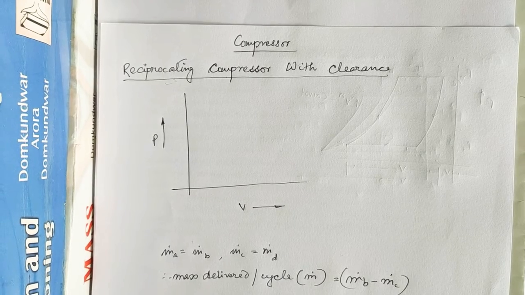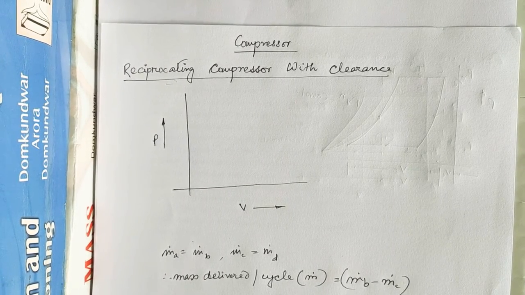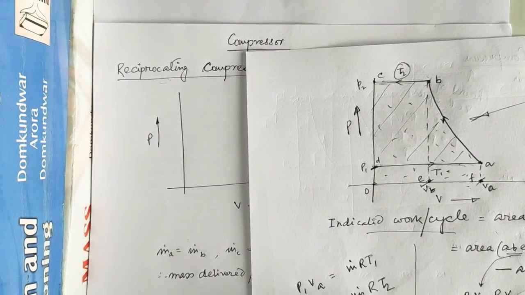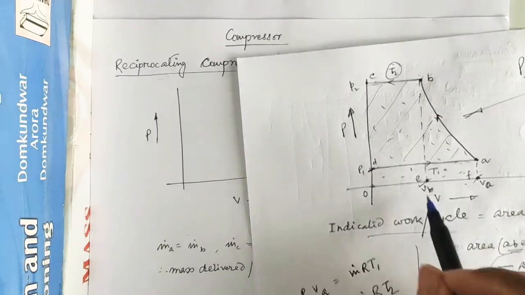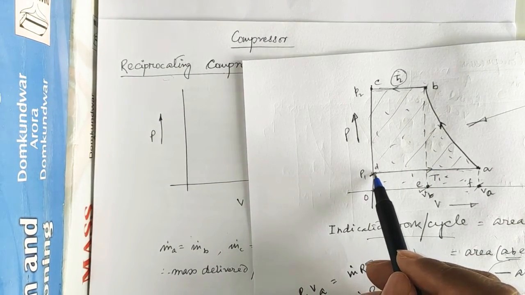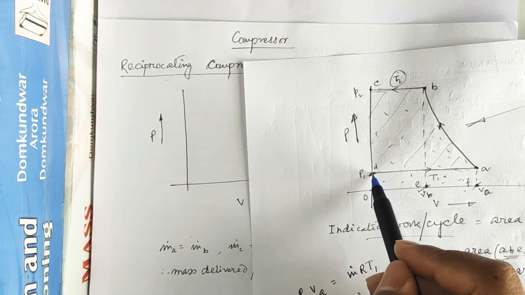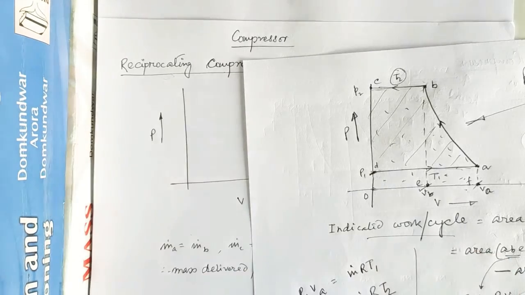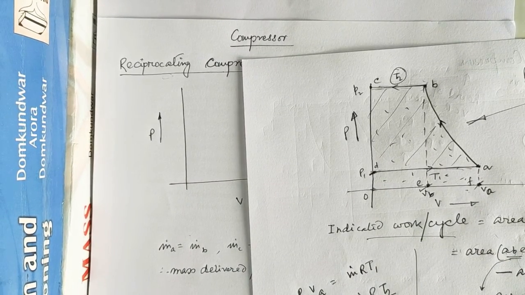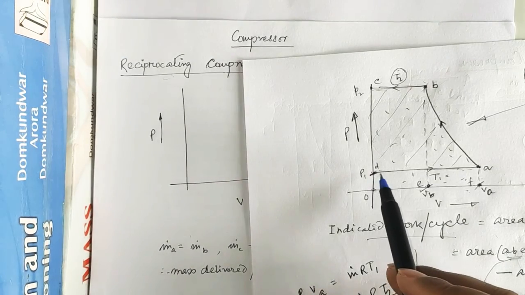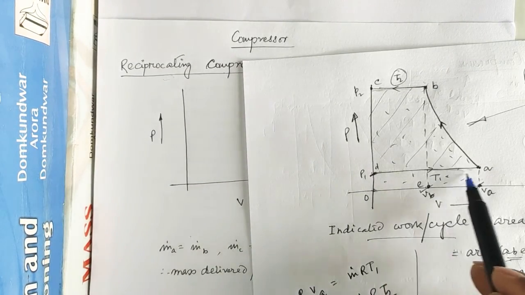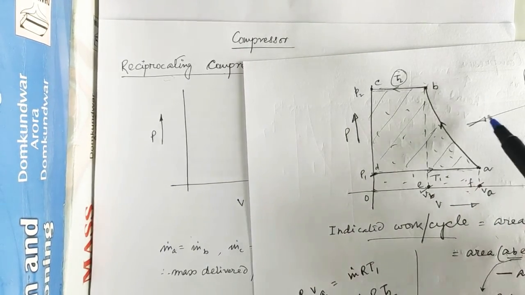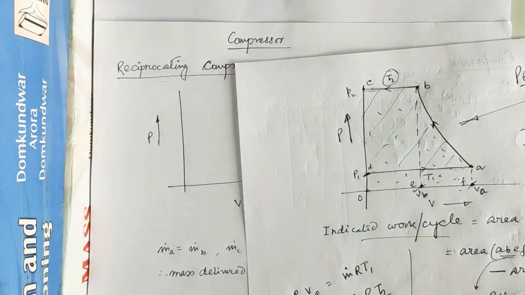Now if we recapitulate the last class theory regarding the calculation of indicated work without clearance, the PV diagram was like this. Here we started our suction stroke from point D with no clearance. That means at the start of the suction stroke, we considered that the position of the piston is at the top dead center, just at the top wall of the cylinder. This was the initial process: suction stroke, constant pressure and temperature. Then compression stroke from A to B, that was polytropic in nature. B to C was the discharge stroke.